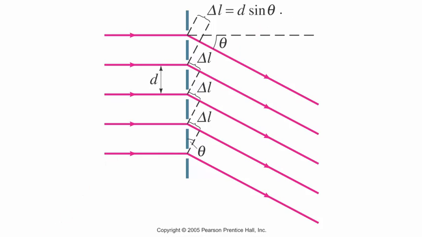Let me grab my pen here. So if this equals m lambda, then we are going to get a bright spot. We still call the separation between slits d, only a lot of times we aren't given d, we're told how many lines per centimeter there are. So if you've got, I don't know, 300 lines per centimeter,